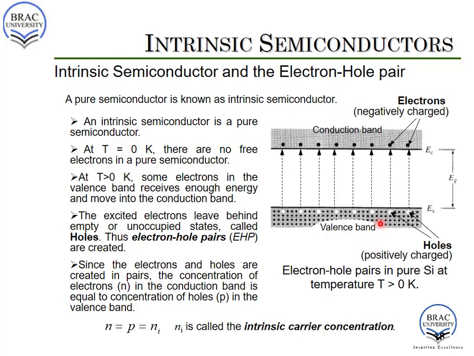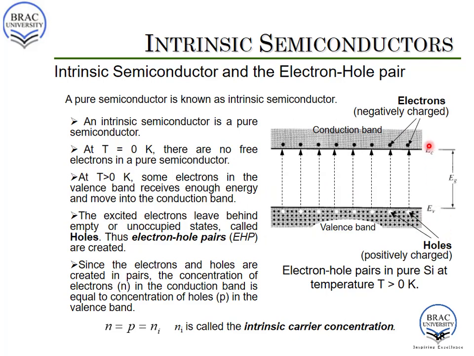One thing to note is that whenever one electron moves from valence band to conduction band, it always leaves an empty place in the valence band, or leaves a hole in the valence band. So electrons and holes are generated at an equal rate. If in a semiconductor 5 electrons are jumping from valence band to conduction band, it also creates 5 holes. That means in the case of an intrinsic semiconductor, the electron concentration in the conduction band and the hole concentration in the valence band are always equal.